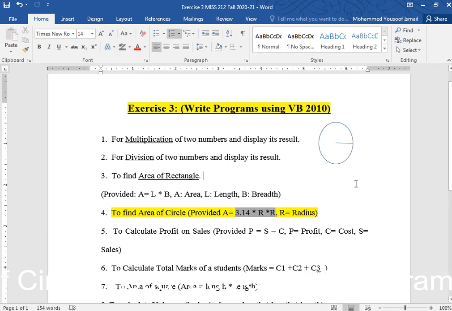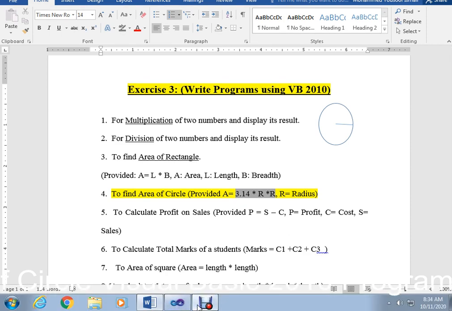This is the formula. What is r? This is r. You have to multiply r into r, 2 times, r square. The formula is normally called pi r square. Now 3.14 is what? Pi. The value for pi is 3.14. So I hope you are clear with this idea now. Now let us go to the program.